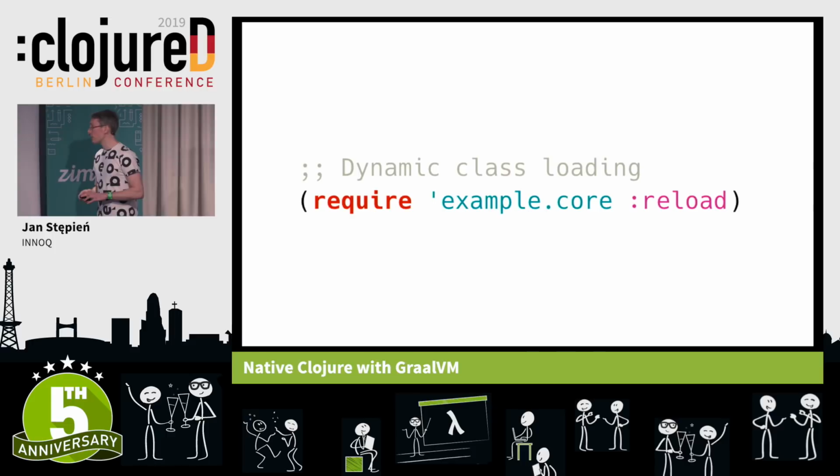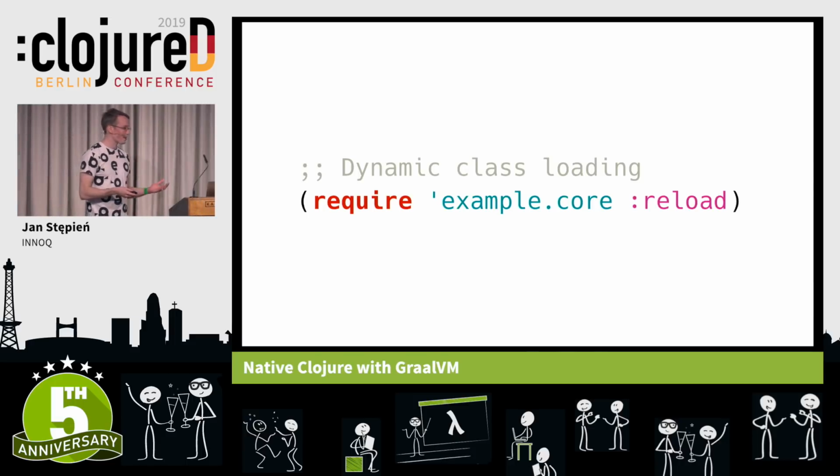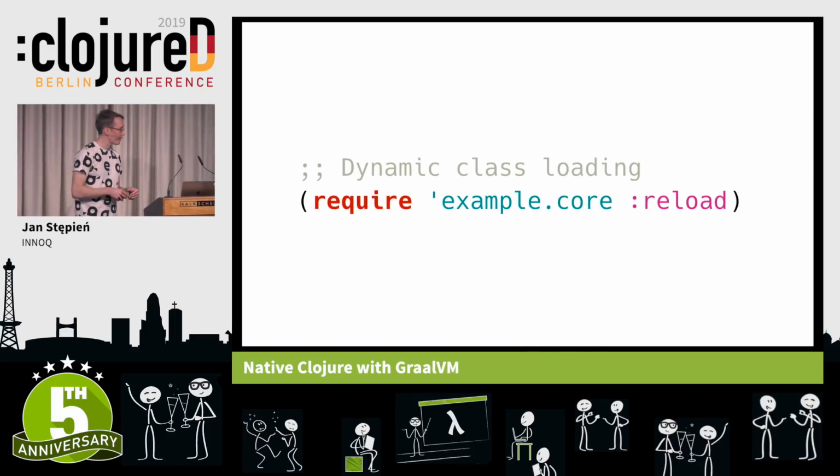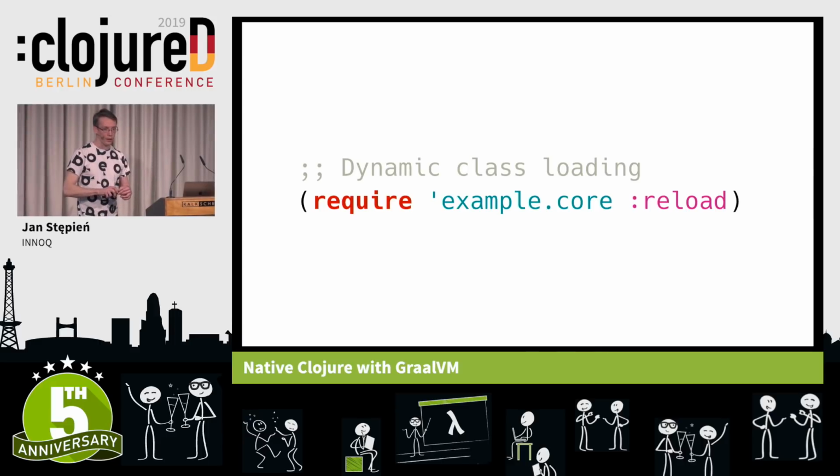And the second thing I'd like to bring up is dynamic class loading. Something which on the JVM is, well, our daily work, especially in the REPL where we keep recompiling the code and loading new classes, unloading old ones and having them garbage collected. However,